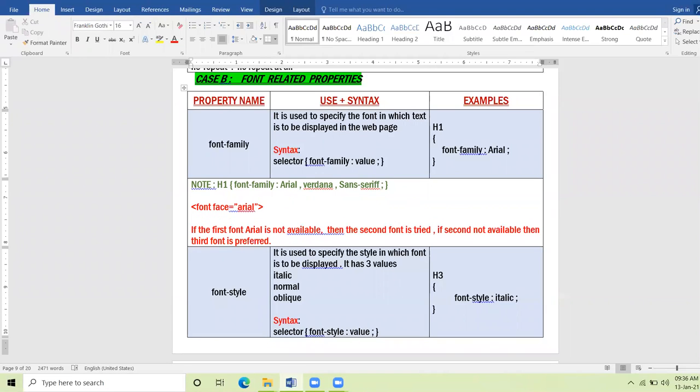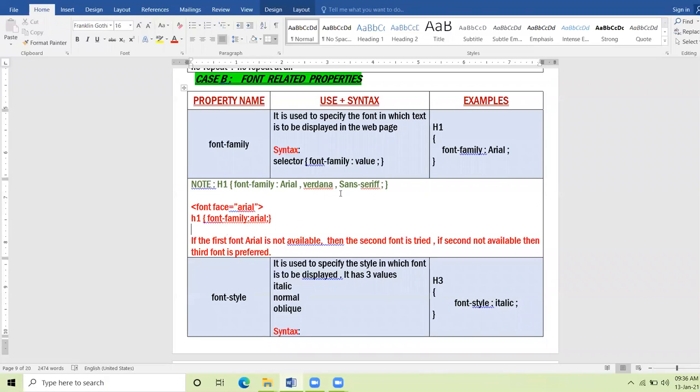But when we are on CSS, we say H1 font-family: Arial. You can notice the change between writing font in HTML and applying the CSS property.